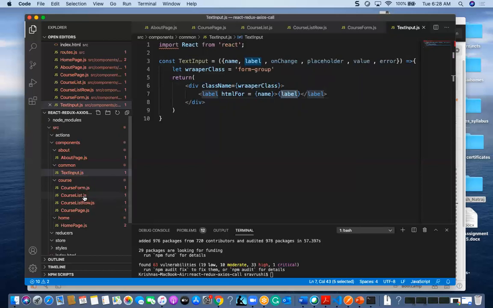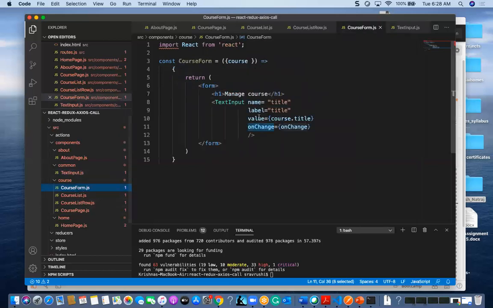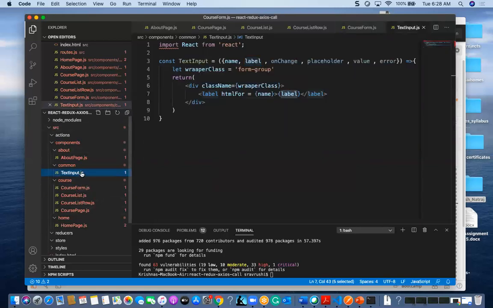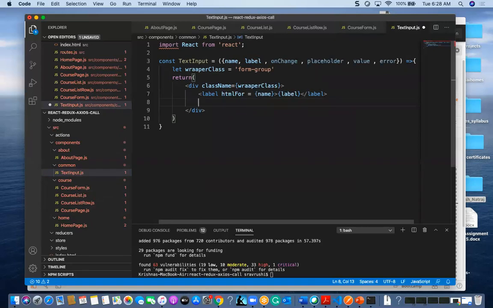I should be getting this one from here. Okay, from here. So one is the label, and the other one is, I'm going to use one more div inside, and for this div I am going to use some field,